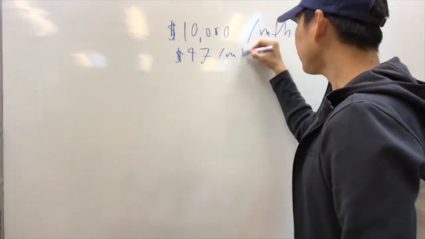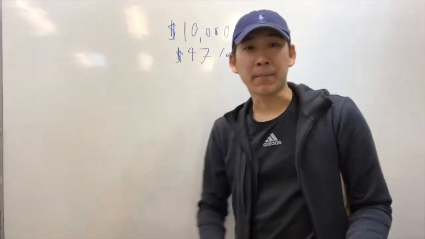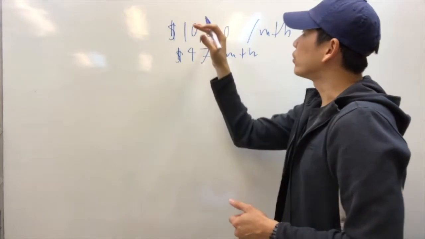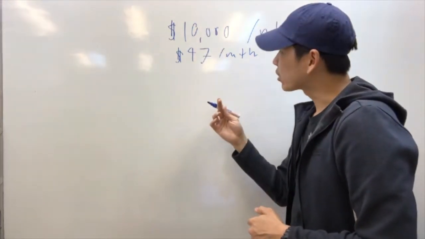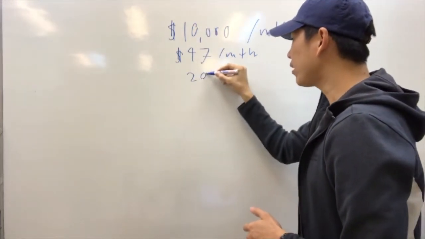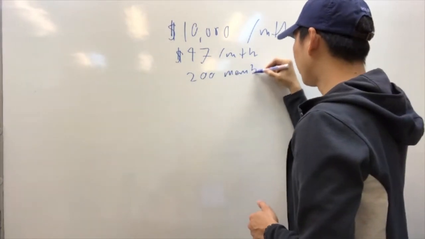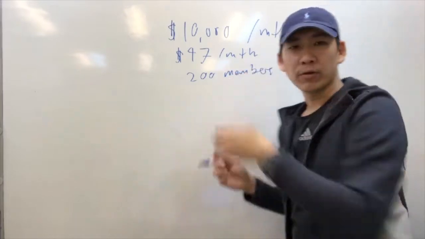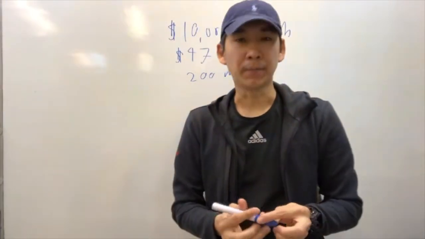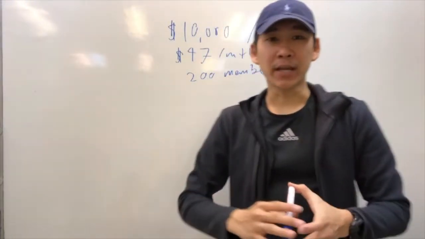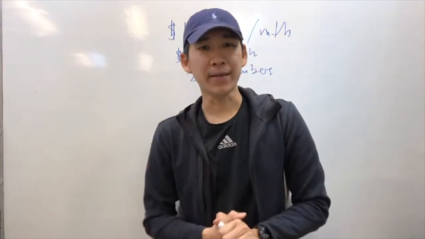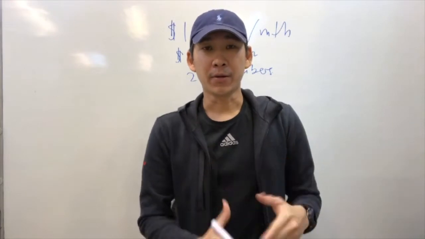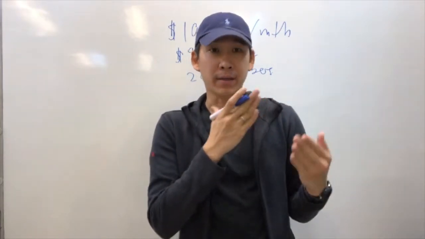So if I have a member that pays me $47 a month, to reach 10,000 I will probably need roughly about 200 members. So 200 times 50, I'll have about 10,000 US dollars. Now, that is the game plan. The first step is to get 200 sales, to get 200 members. And when you get 200 members, you are making 10,000 per month.